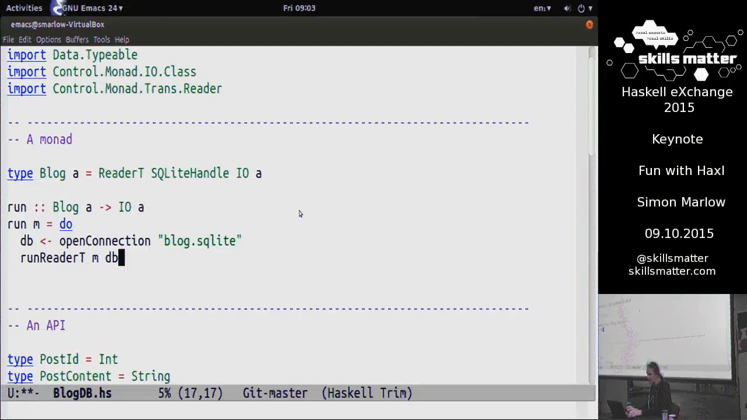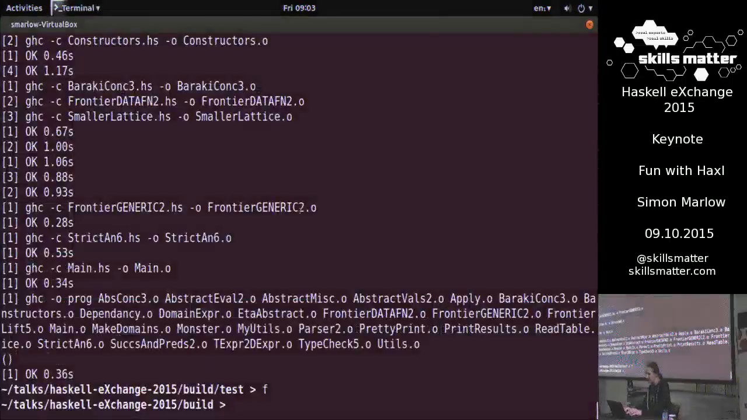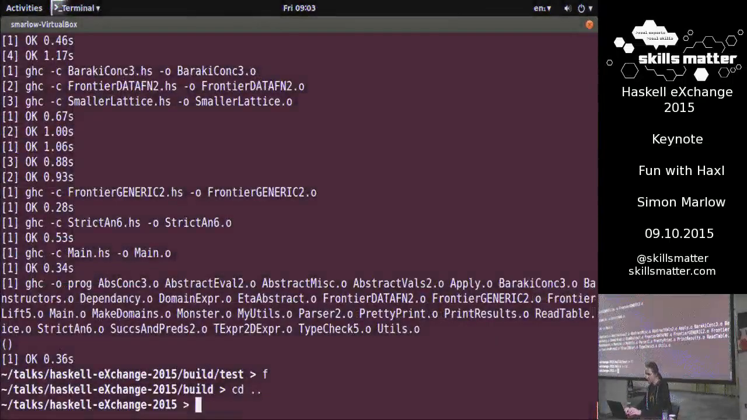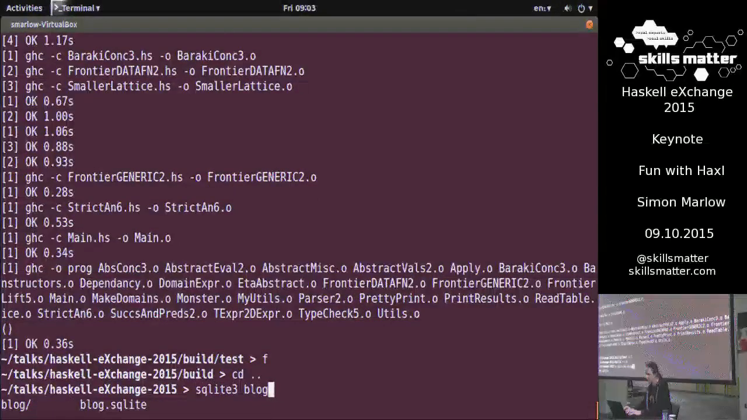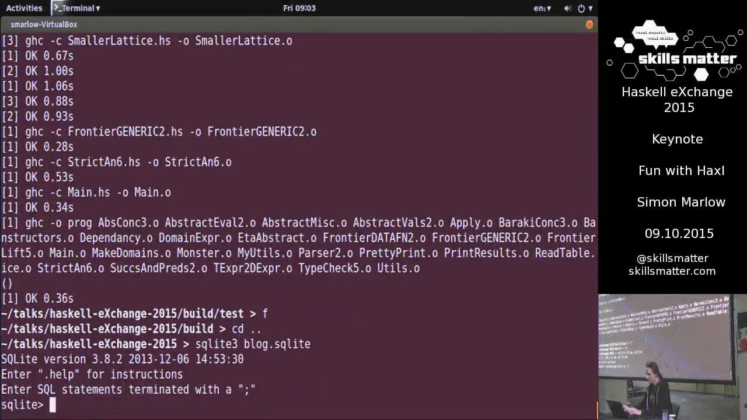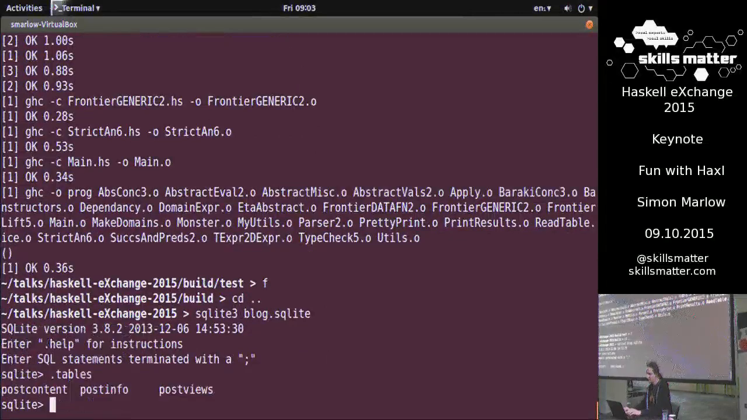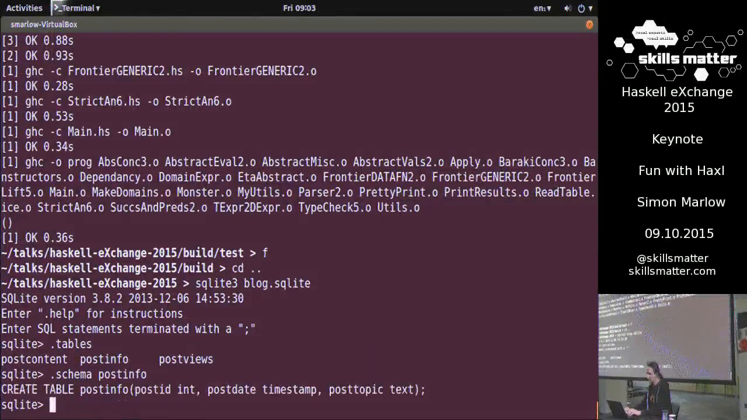So let me just show you the database very quickly. So we've got some tables in our database. We've got post content, post info, and post views. And we can have a look at the schema for post info. So the post info table has,